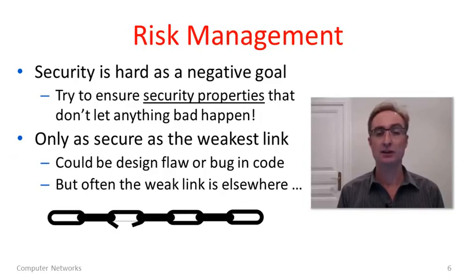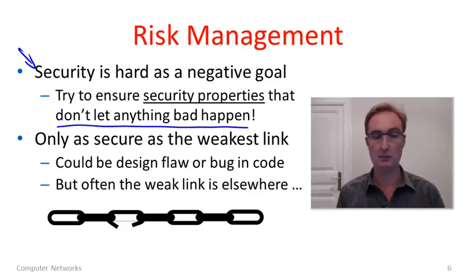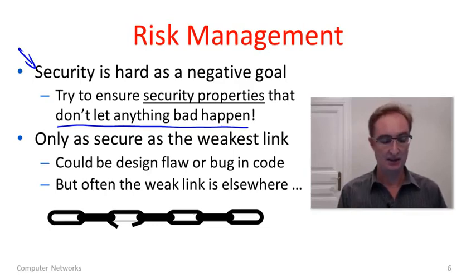And so now we have a bit of an understanding of the different threats, and there are different kinds of security. As we assess security, we'll often take a risk management point of view. And this is because security is really a negative goal. That makes it hard. You're trying to stop something happening. So you're trying to ensure positive properties by making sure that you don't let anything bad happen. Well, how are you going to make sure that's the case? The difficulty here is that a system is only as secure, for whatever property you care about, as the weakest link in the chain.